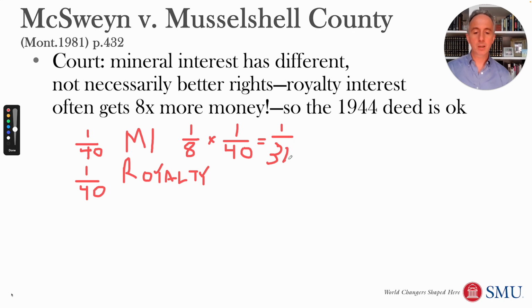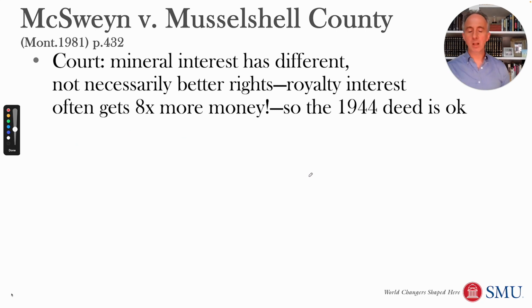1/320th royalty. Okay? So think about how much smaller that is than the 1/40th royalty that would be received under the alternate interpretation that you get the royalty. Now, it's true, as the mineral interest holder, you get some other rights. You have the right to negotiate a lease, which you can't, there's nothing to negotiate if you're owed a royalty. You would also get 1/40th of the bonus, 1/40th of the delay rentals, all those rights under the lease that you get from leasing your mineral interest.